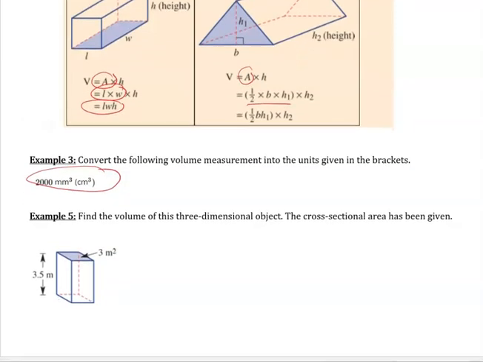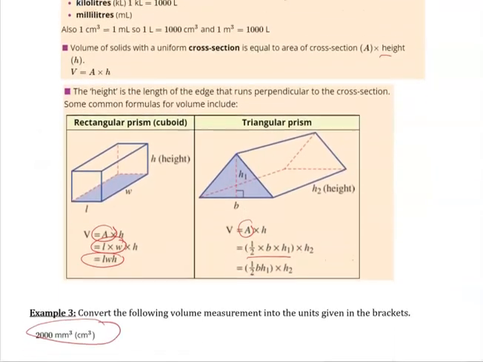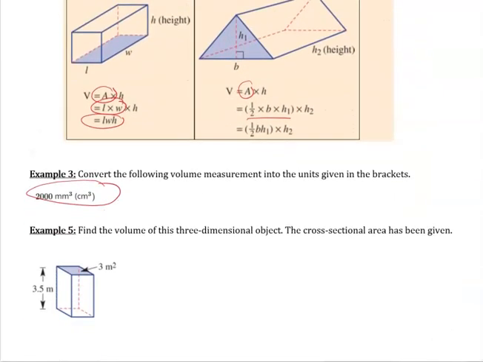So in this case, 10 to the power of 3 is 1,000. So if I take 2,000 millimeters cubed and I divide that by 1,000, because that is 10 to the power of 3, that gives me